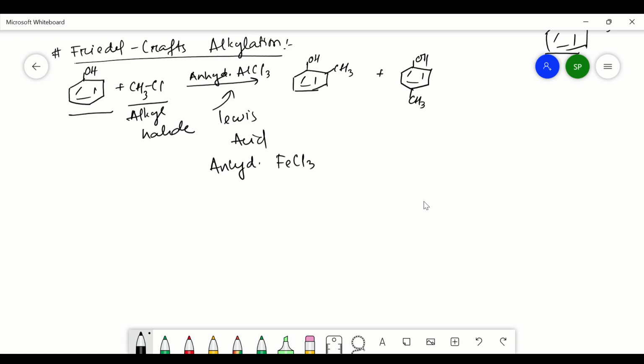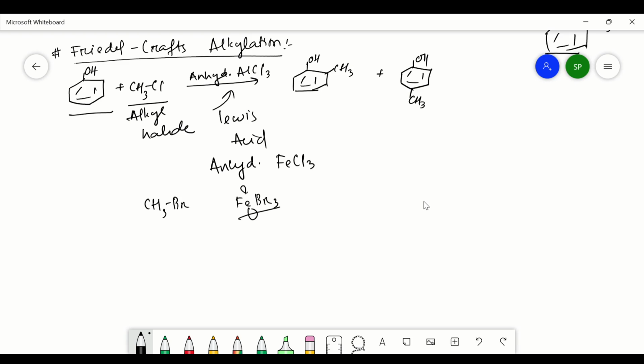If instead of CH3Cl we are reacting with CH3Br, we can use a Lewis acid like FeBr3. These are all Lewis acids having a vacant orbital, which is able to accept the electron from chlorine and form